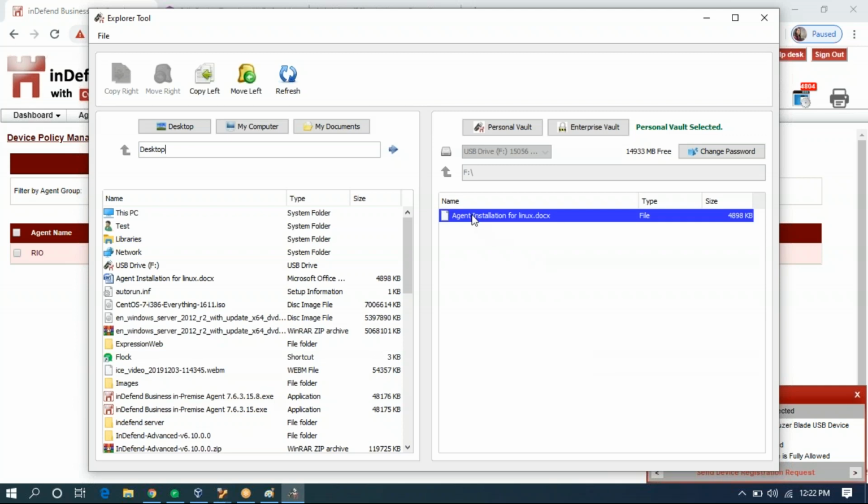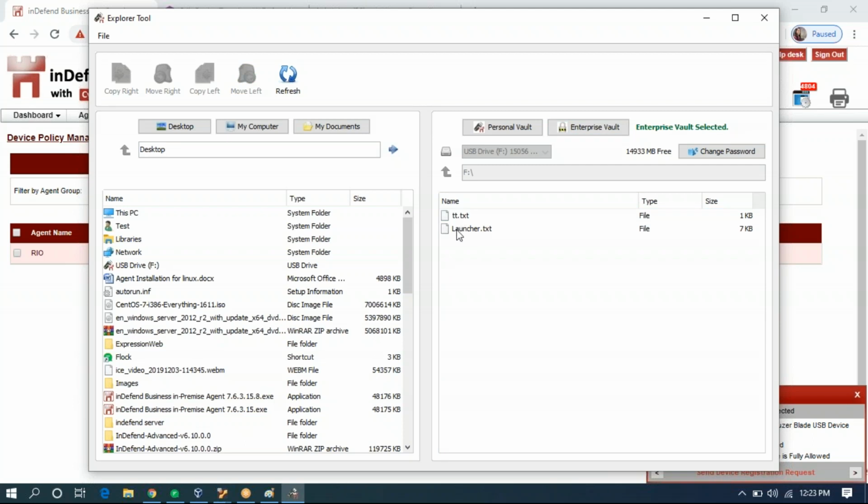Now what happens is when you take this USB and plug it into any other system which does not have Indefend installed on it, which is majorly your non-organization computer, in that system, data inside this enterprise vault, this enterprise space, will not be accessible at all.